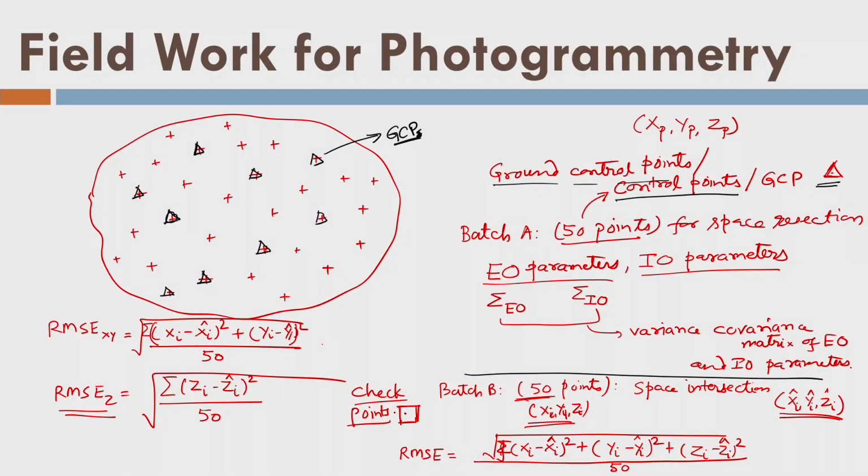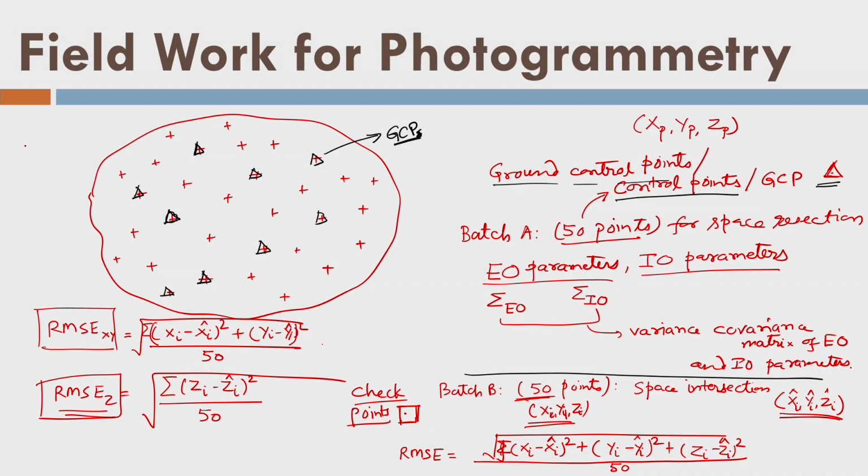So once I evaluate the accuracy over those 50 points, I know what the accuracy of prediction is. I will get some RMSE z here, that is the vertical accuracy of the prediction, and I also know the planimetric accuracy. Now, if I use n number of other points which are not these 50 points, where I am taking image coordinates and then using photogrammetric concepts to predict their coordinates x, y and z, based on the performance of the checkpoints, I can confidently say that each of these n points is calculated with sigma xy accuracy and sigma z accuracy.